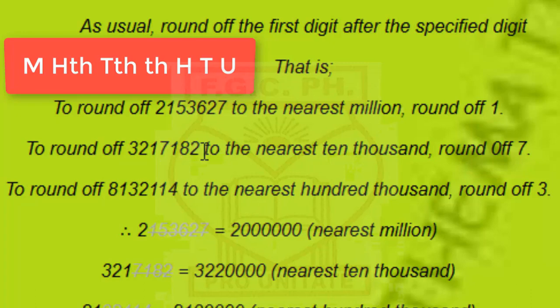3,217,182 to the nearest 10,000. The 10,000 digit here is 1, this very one. So we need to round up 7. Rounding up 7 will make this become 2, and so you have 3,220,000, and that's what we got here, 3,220,000. And then if we need to round off